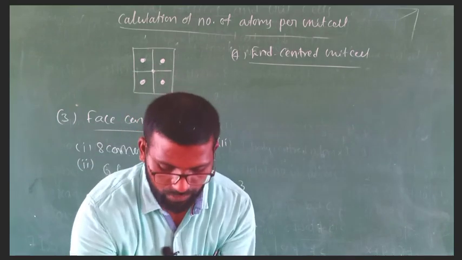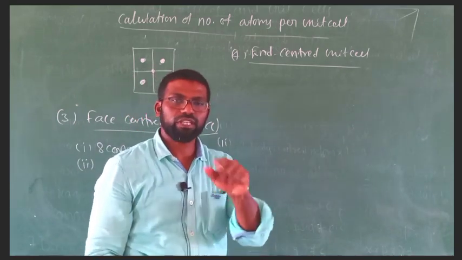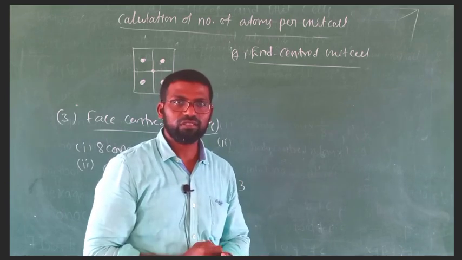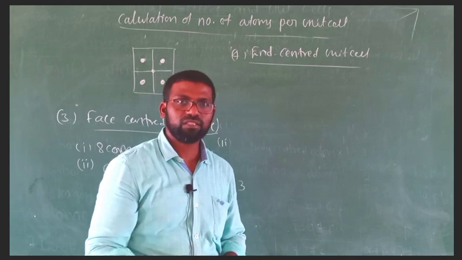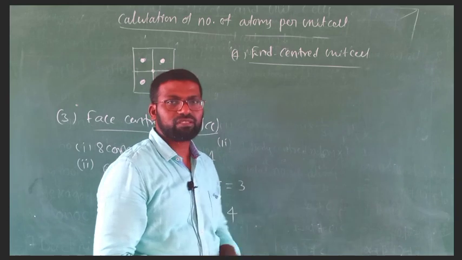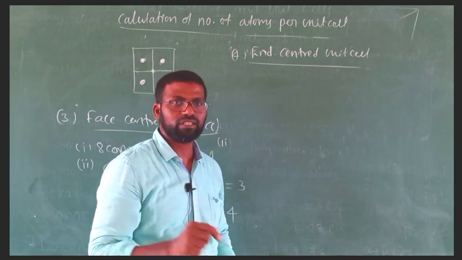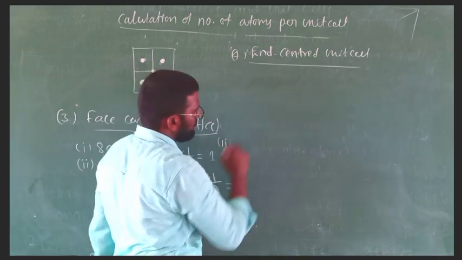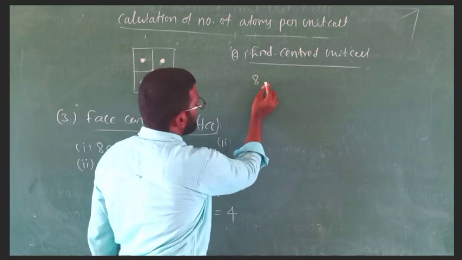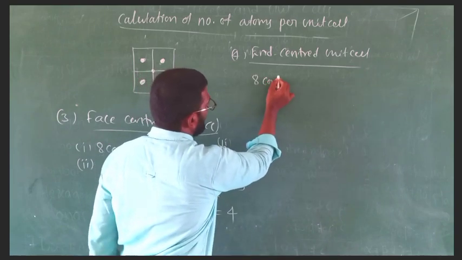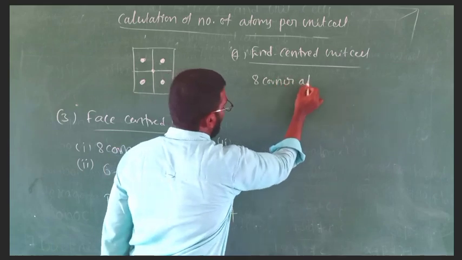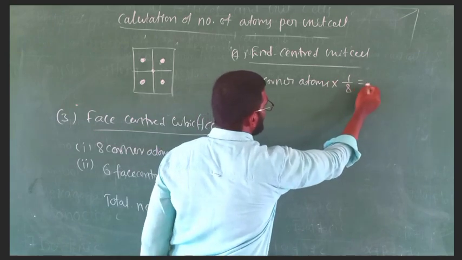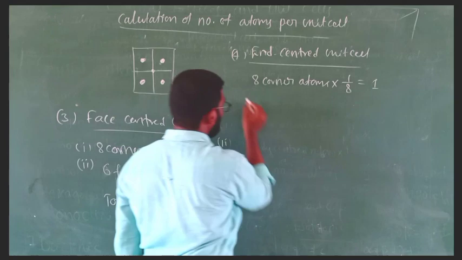Right. Now you pause the video now itself, you try yourself, then watch the remaining part of the video. If you get the correct answer, you will be really great because you have understood the previous explanation. Okay, try it now itself. Right? Okay, let me explain. So, the end-centered unit cell will have a total of 8 corner particles and 2 face particles. 8 corner atoms into 1 by 8. Its contribution is 1 by 8. 8 into 1 by 8 is equal to 1.